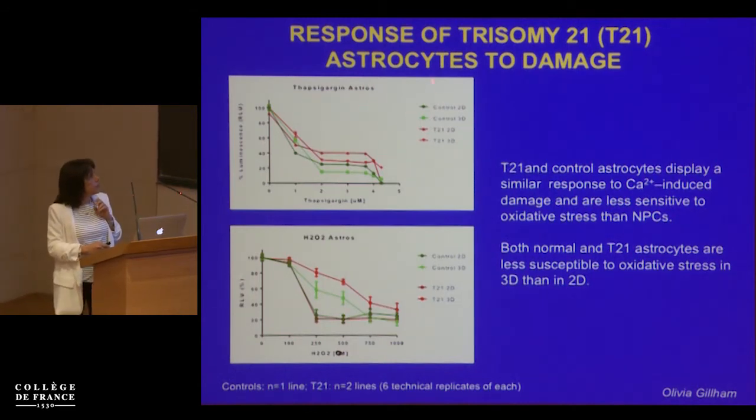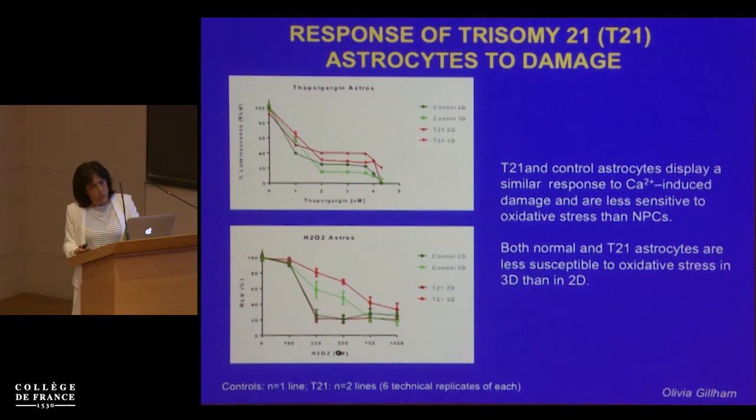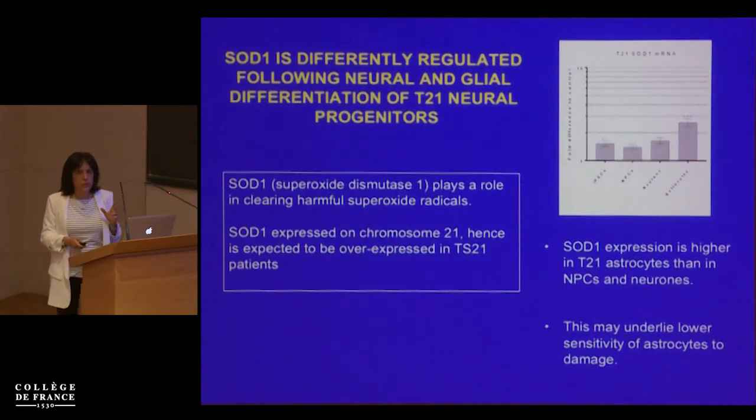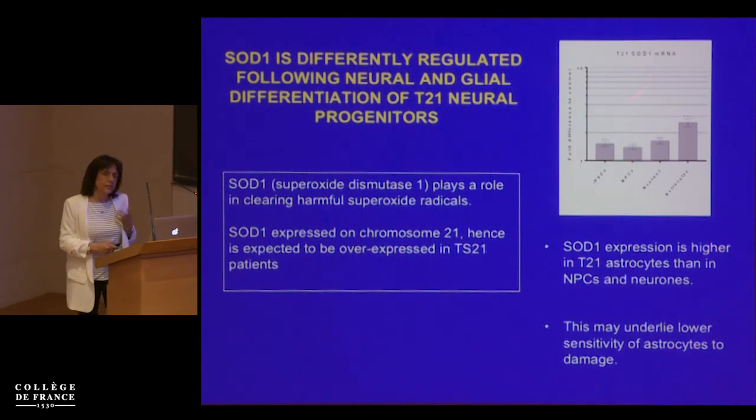So the astrocyte don't seem to respond to the changing calcium, seem to be more protective by that. And also the response to the H2O2 is a bit different. It's a bit less dramatic. So again, we find that there is more protection in 3D than in 2D. So we don't know yet the causes, but one interesting point is that on chromosome 21, that is the one